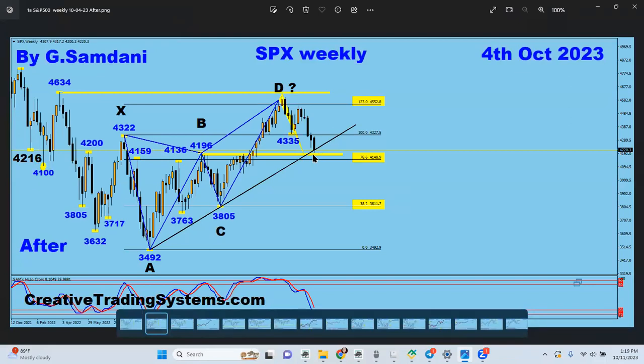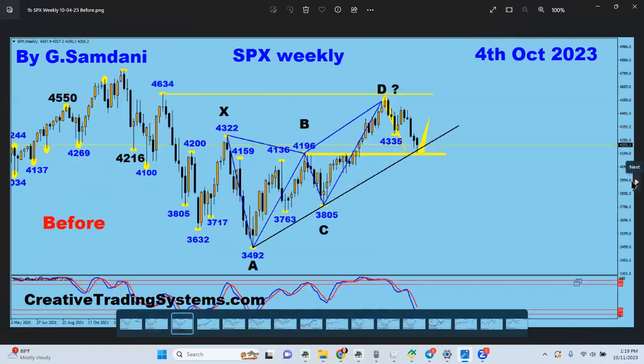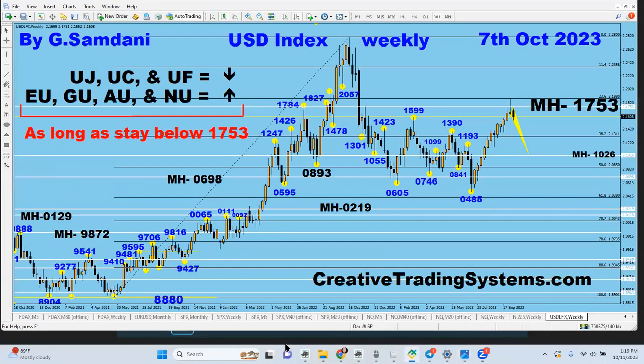So I said, okay, maybe from here it will start to go to the upside again. And I made this chart on the 4th October. Okay, now we're going to go to the upside. So far it went up. Let me see how it is right now. It is looking like